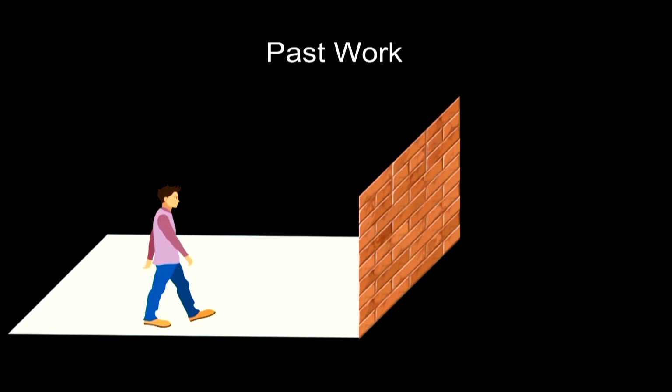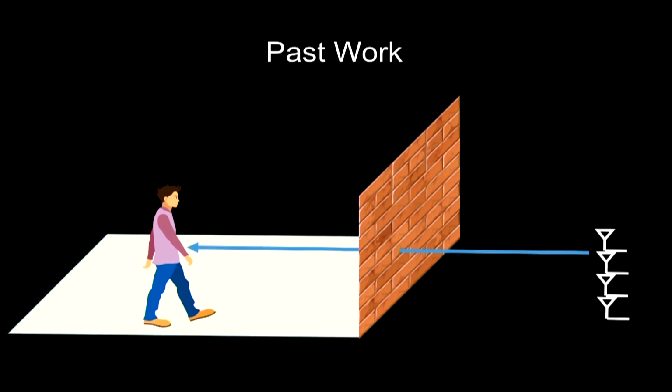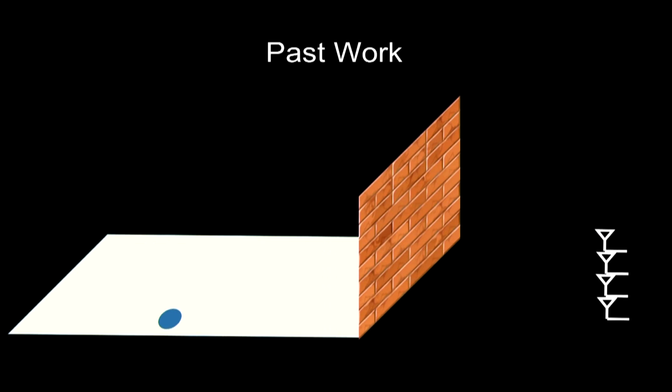Now let's go over how this kind of system works. The idea at a high level is very simple. You have an antenna array that transmits wireless signals. As we know, those wireless signals can traverse through walls. And they also reflect off the human body because our body is full of water. The reflection will finally come back towards the device. The job of this device is to use the propagation time of the signal to detect a person or localize him. And they will give you as output a dot on the floor. If there is a second person in the environment, they might give you a second dot.